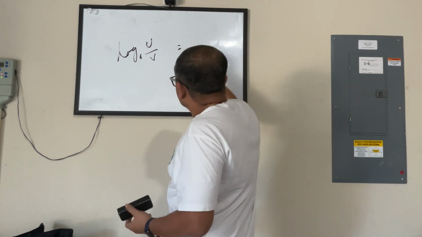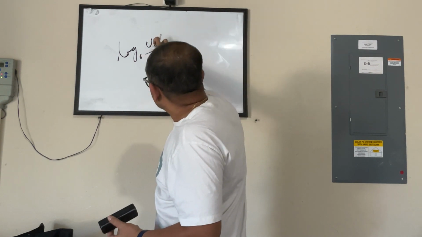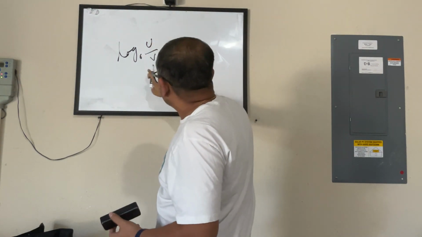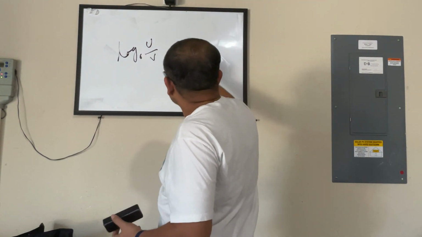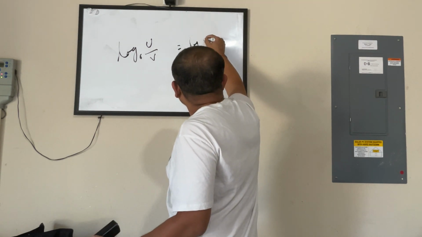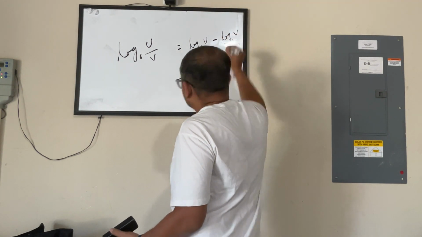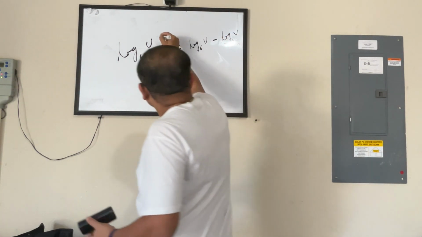So what it means is, here it's like exponents. Exponent of 6 to get the value of this, exponent of 6 to get the value of this. So this works exactly like exponents, like I was showing you before. It becomes log of u minus log of v. Because if this is 100,